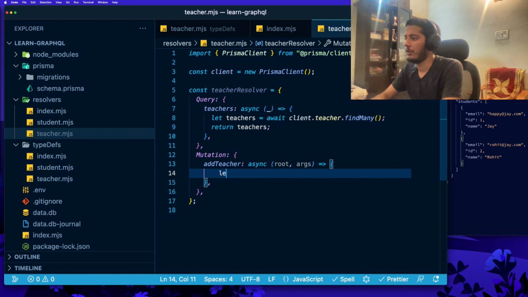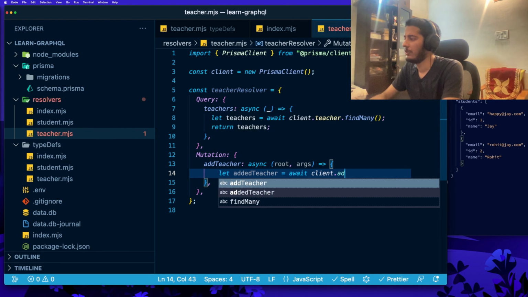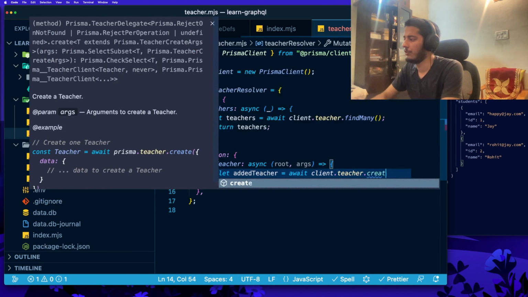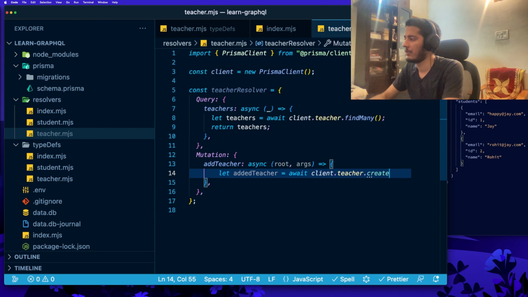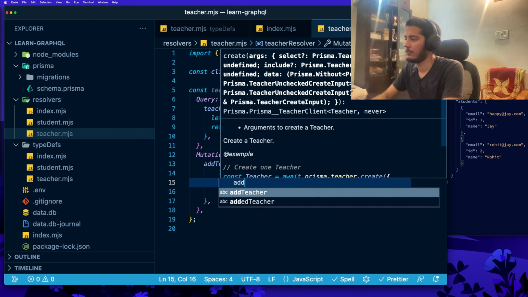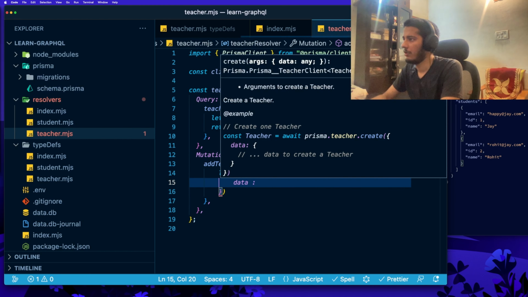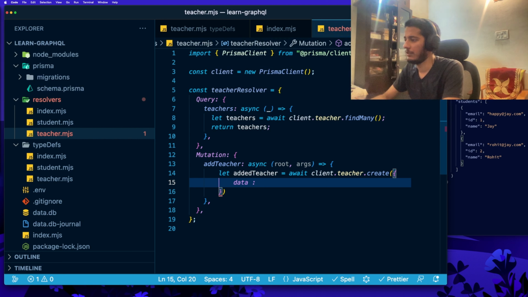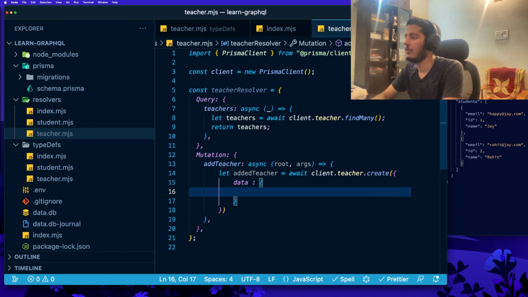So we'll call it let added teacher is equals to await client dot teacher dot create, and then you can give data to this, which is basically the data which you want to add. So we will give name, which is